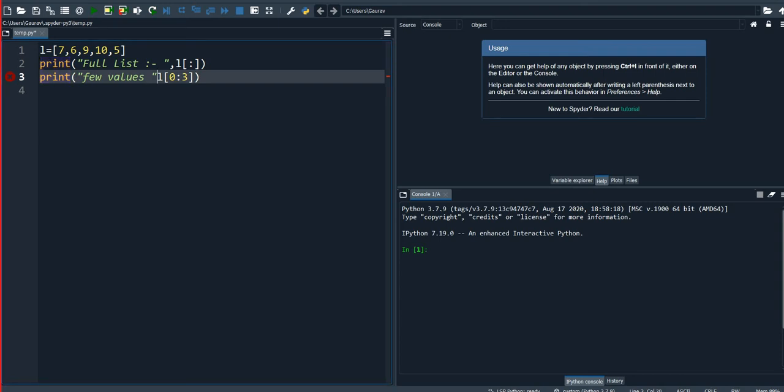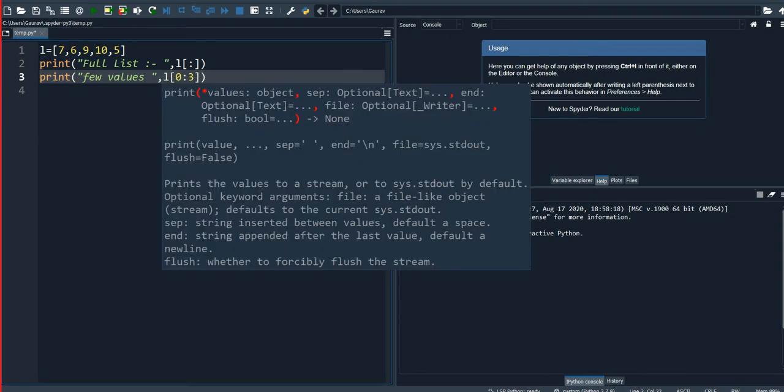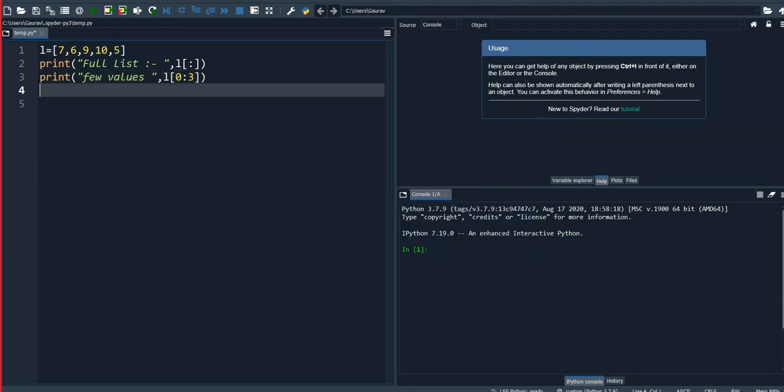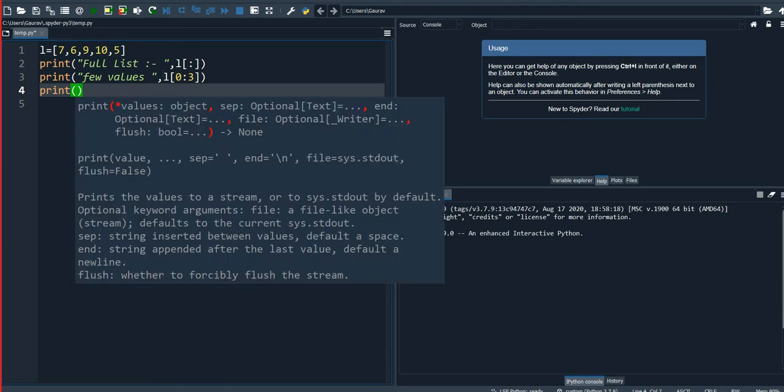Now see here, again print code, "How many values?